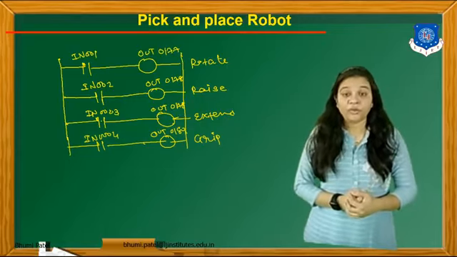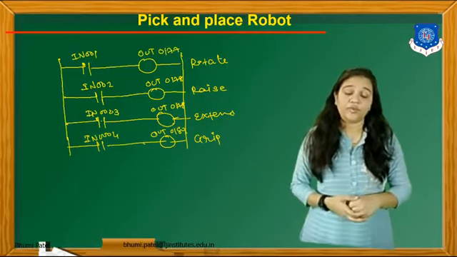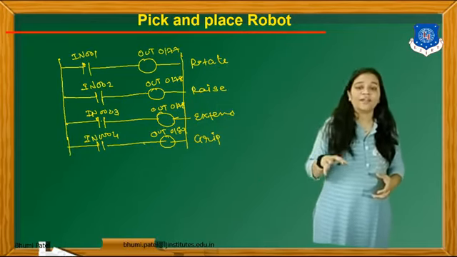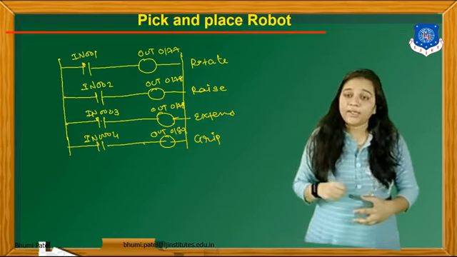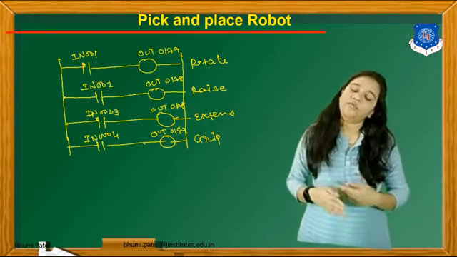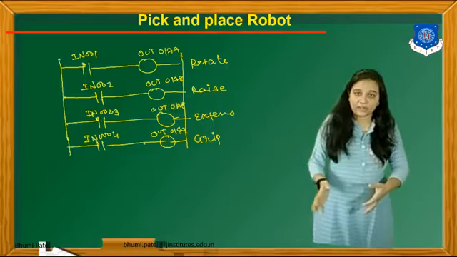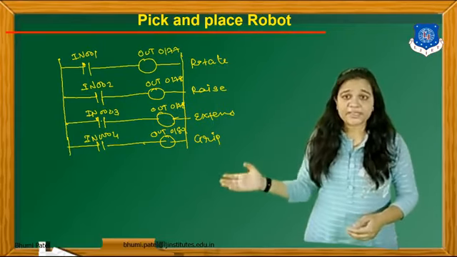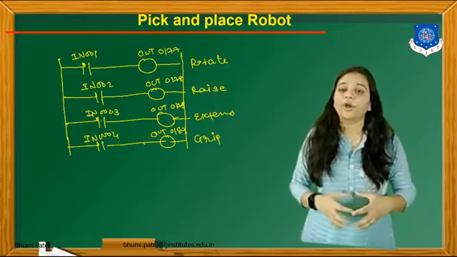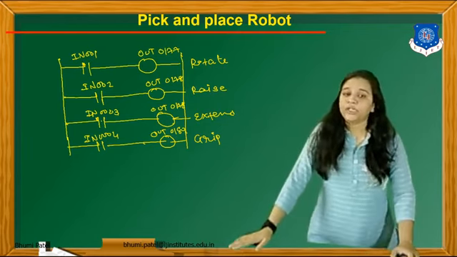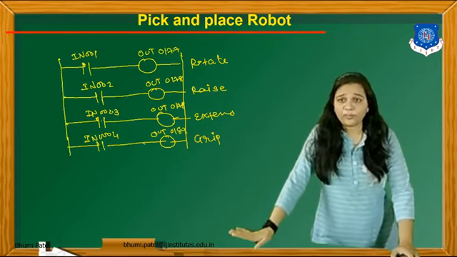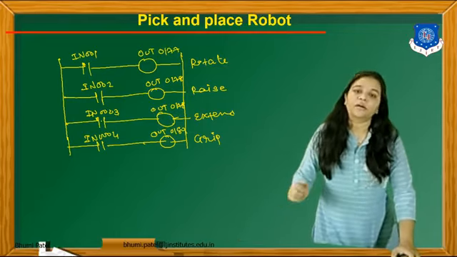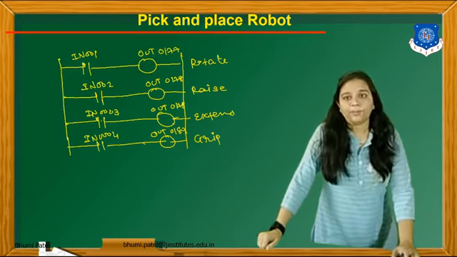And the gripper, we can pick something, so we take the gripping part. If the input is applied, my robot will pick something, and if the input is not applied, or if the input changes its state, at that time the gripper will open. So in the same rung we can close the grip or open the grip according to the input signal. So using a simple program, we can build a two-axis pick and place robot.